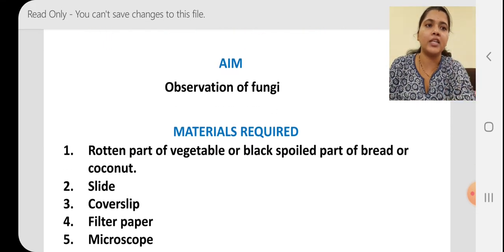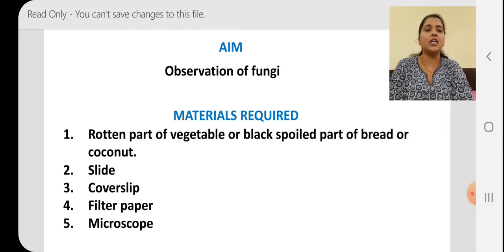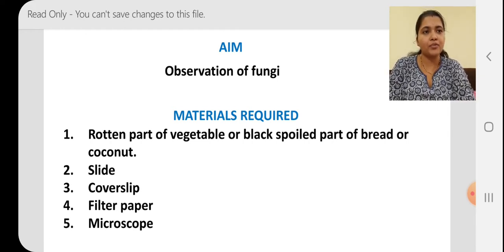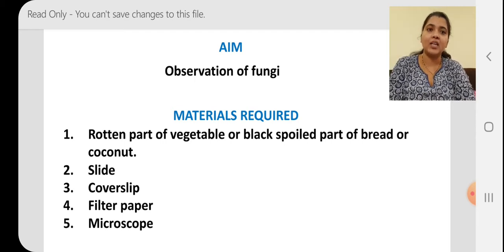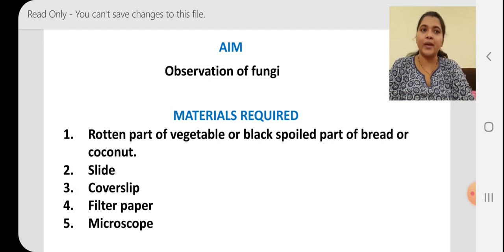So children, before starting any experiment, we have to start the laboratory activity with 5 headings: aim, apparatus, procedure, observation and result. Apparatus can also be called materials required. Result can also be called conclusion. You have to use only one word; it's your wish. So aim, children, what is the aim? Observation of fungi. What are the materials required for this? Rotten part of vegetables, black spoiled part of bread or coconut, slide, cover slip, filter paper and microscope for the